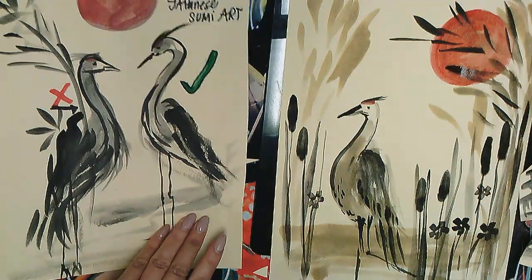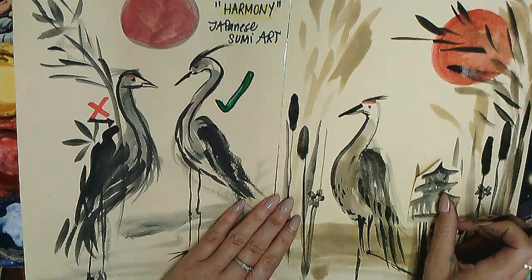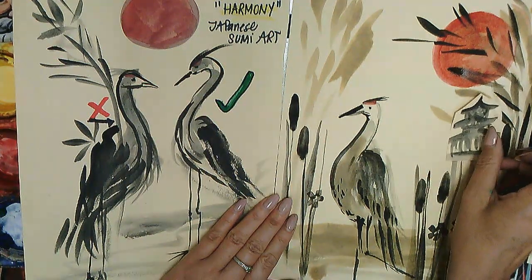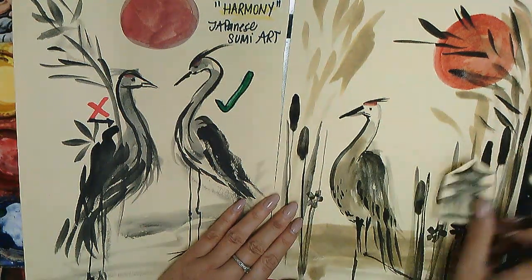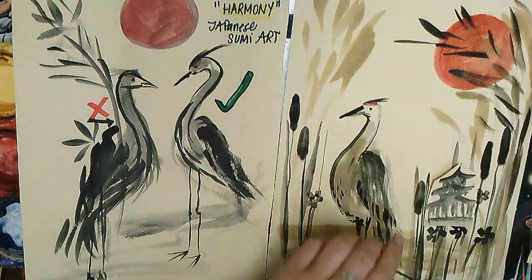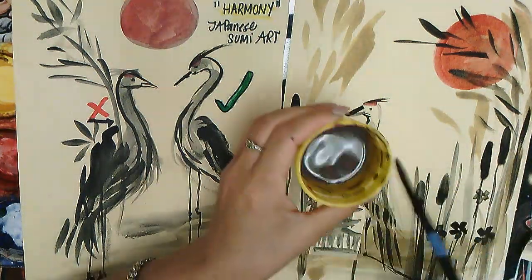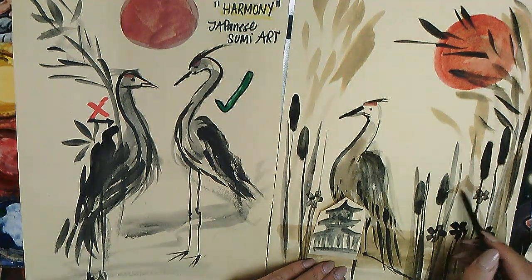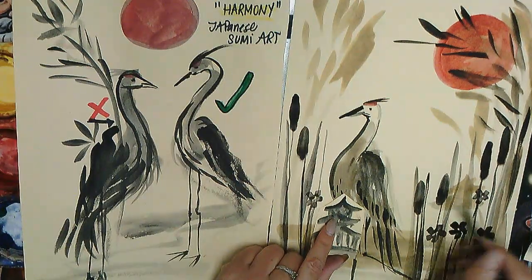And so if you want the little pagoda, I can do one for you so you can think about, you know, if you want to place it somewhere. I think I'm gonna put it somewhere in the distance. Let me think where I want to put it. I'll put it on top of these reeds somewhere, and it's gonna just be in the dark, so I'm gonna use the light color. I'm not gonna put any color here. It's just gonna be like a shadow of a pagoda, and I'm gonna put a little roof on it, shadow of a building, another roof,